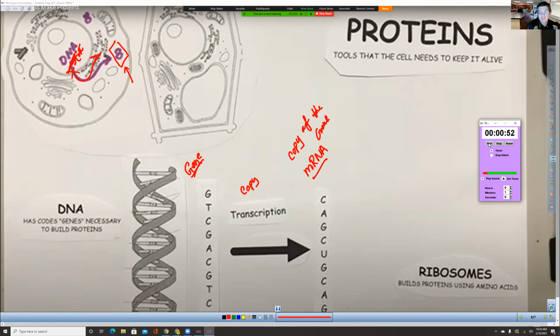So the big dilemma is this. DNA has the instructions, the codes for making the protein. Think of it like recipes: the recipe books are in the nucleus and the chefs are outside the nucleus. Somehow we have to get that information out to them, but the DNA cannot leave. So instead, we're going to copy that message and send it out to those little ribosomes that are going to use that information to make a protein. And I'm going to show you what that looks like in a real video, okay?